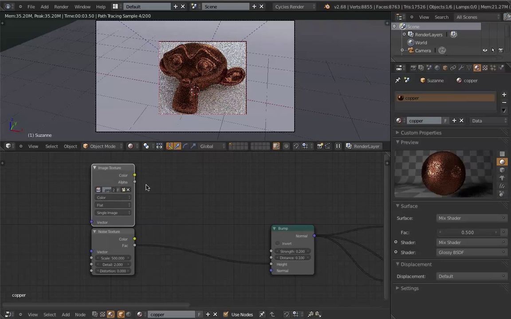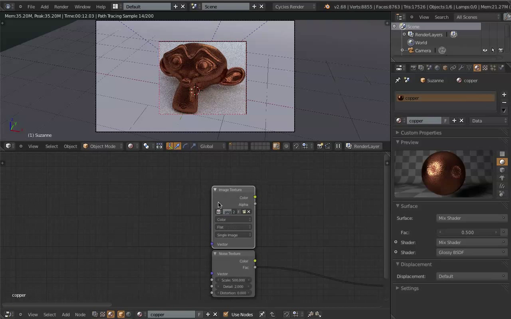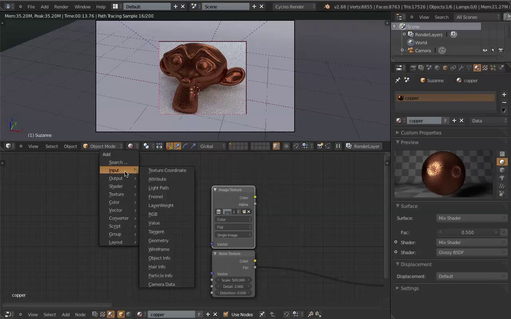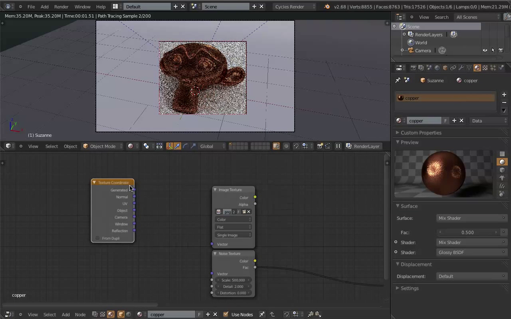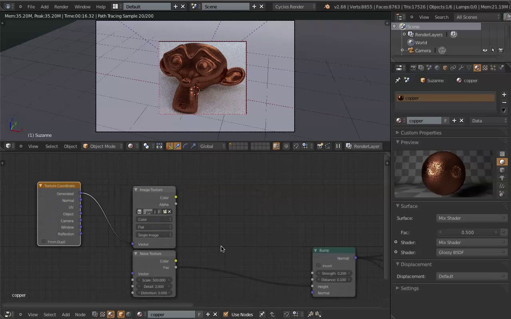You could even create something like it in GIMP very easily. Now, the first thing I want to change is the mapping of the image. So add a texture coordinate and make it generated. This is because by default the image texture node uses the UV coordinates, but if your shape, like mine in this situation, is not using